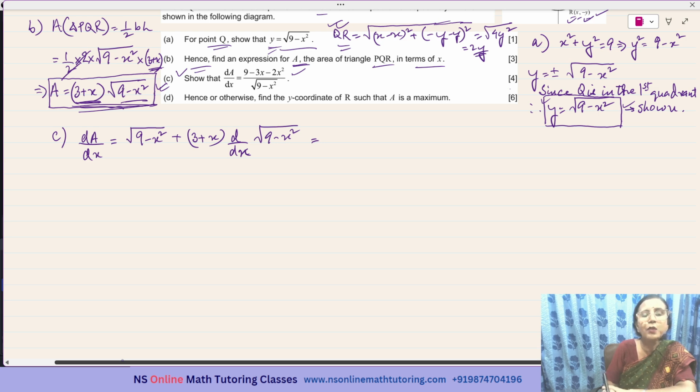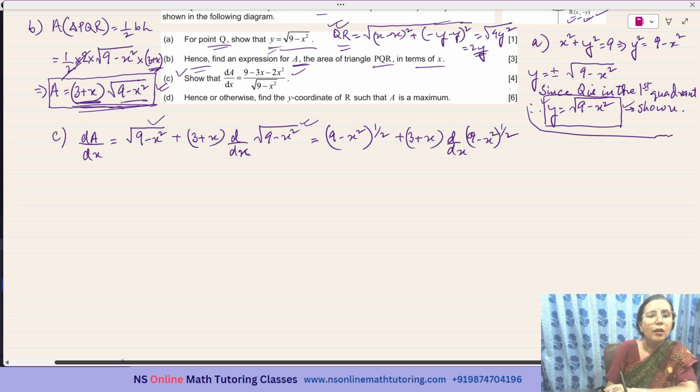So I can write the first term as 9 minus x squared to the power of half, because I will be changing this one to 9 minus x squared raised to the power of half. So I have changed this as well. Plus 3 plus x dx of 9 minus x squared raised to the power of half. Okay. So this is 9 minus x squared raised to the power of half